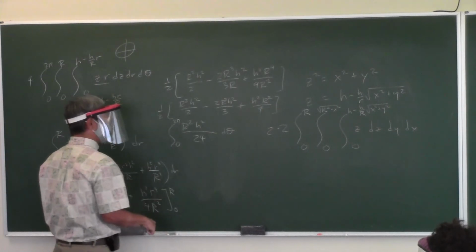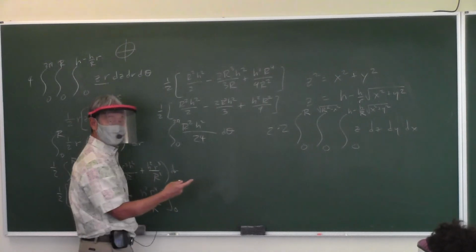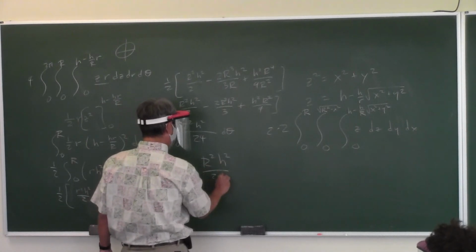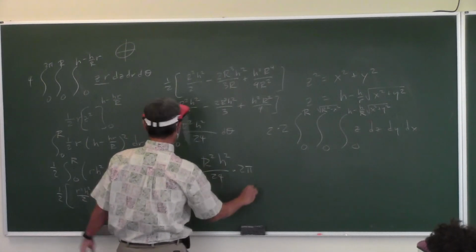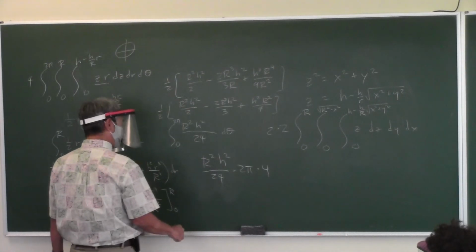Yeah, we just throw that in later. So when you do this, since there's no theta here, it's just multiplying by 2 pi then, right? Yeah. Right, so we got R squared H squared over 24 times 2 pi times that 4 there. So if we simplify that,